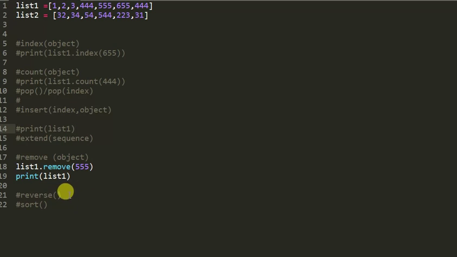So the next one is reverse. If we want to reverse or print elements from right to left or left to right, we can use the reverse method. So here I'm going to reverse list 1. So how can we use reverse? For example, list 1 dot reverse, okay, and then print